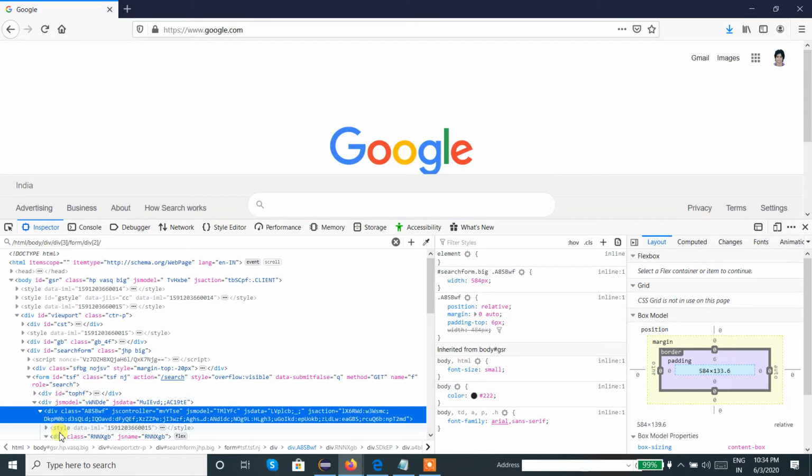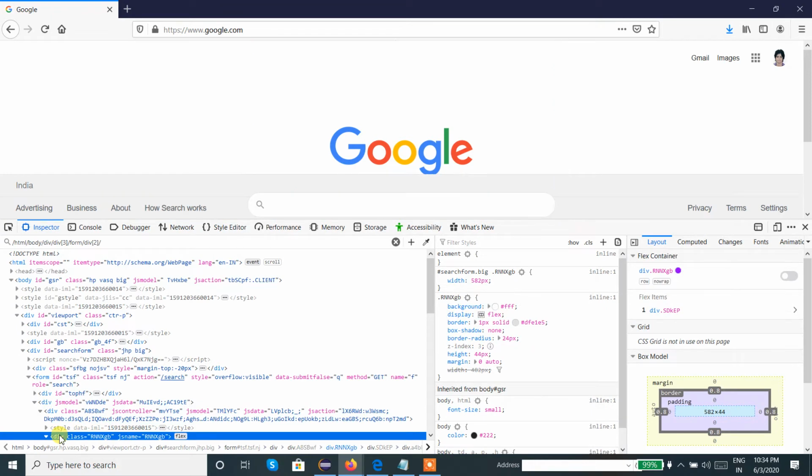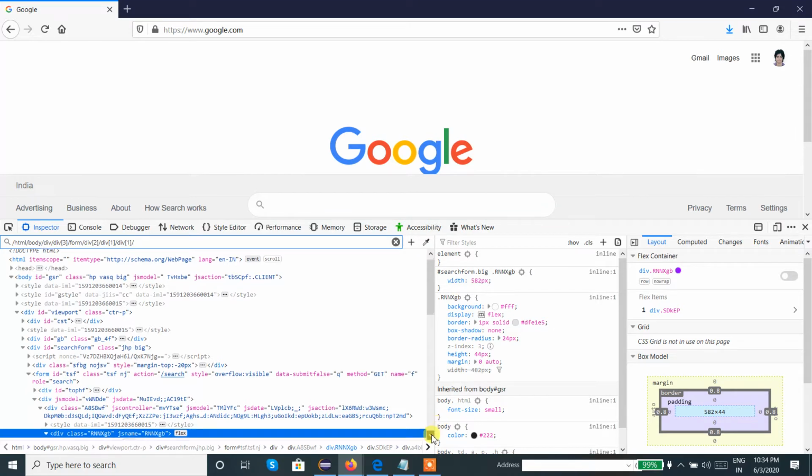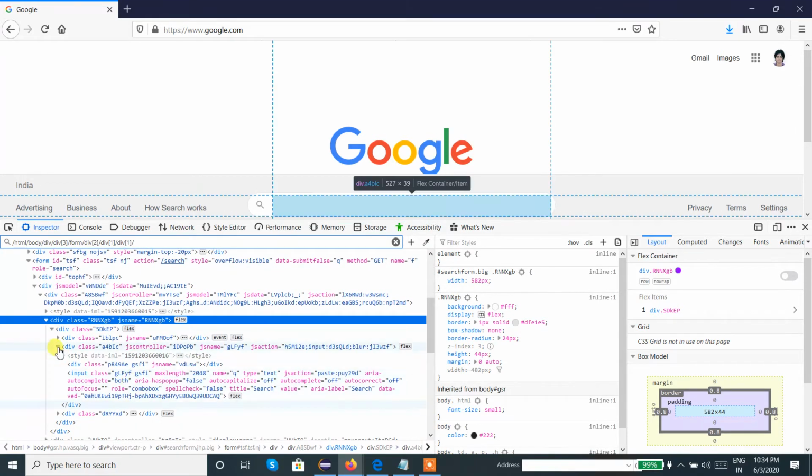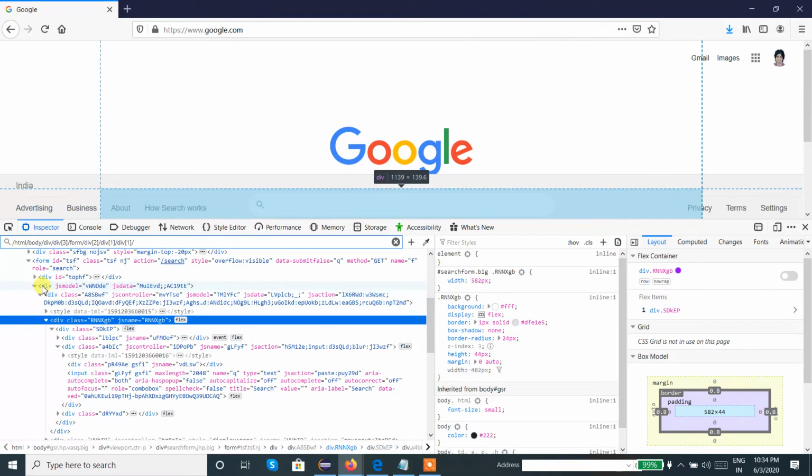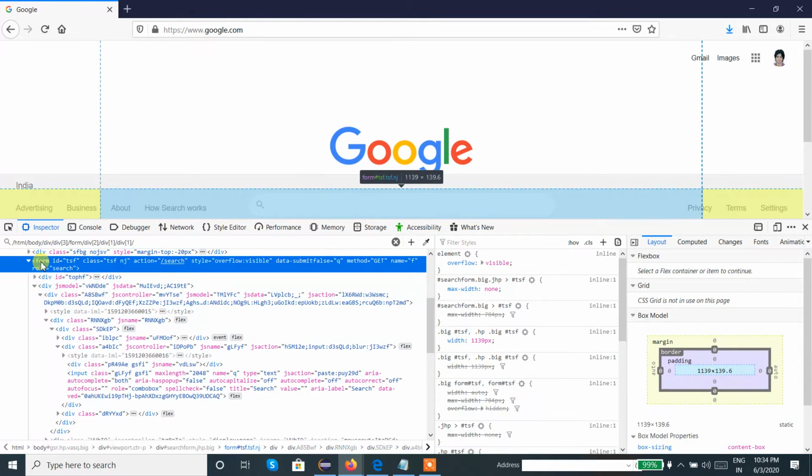And inside that we need to enter into the first div again. So we enter into the first div, again the first div, and inside the first div, one second, let me check. Okay. So let us go back to the form.